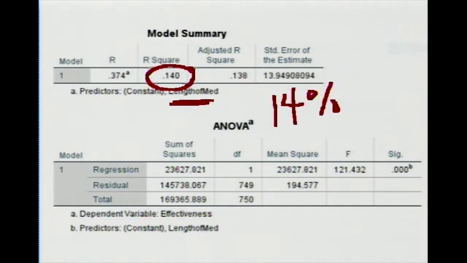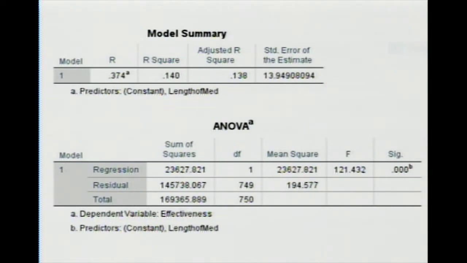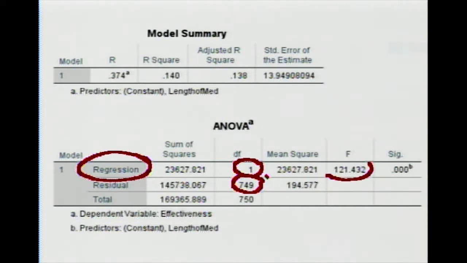Now, let's take a look down below. As we look at this, we notice, by the way, this word ANOVA, and that means the math is the same as in the ANOVA model, or relatively similar. So the model looks the same. But don't be confused, this is a regression model. And so when we look at this regression model, we see a couple of very important numbers here. We see the 1 and the 749. And so if we were writing this model up, which we'll do in a second, we would need these numbers here. We also see the F value, and then we also see the significance.